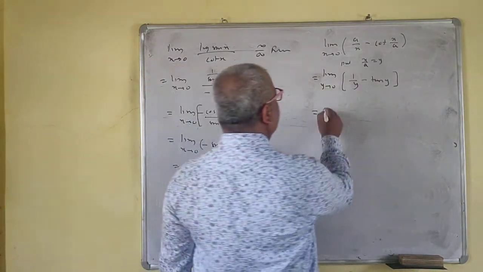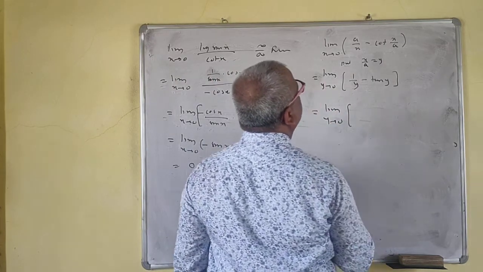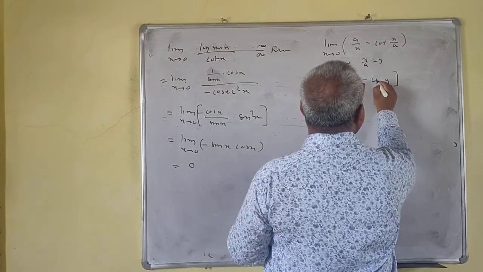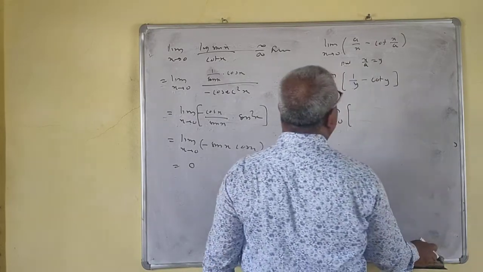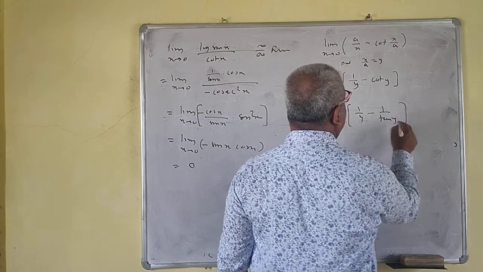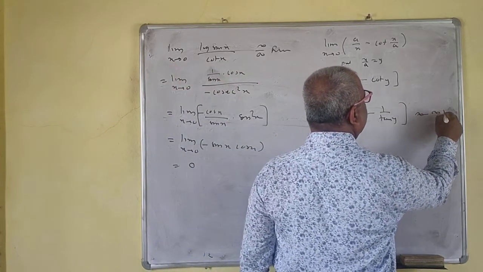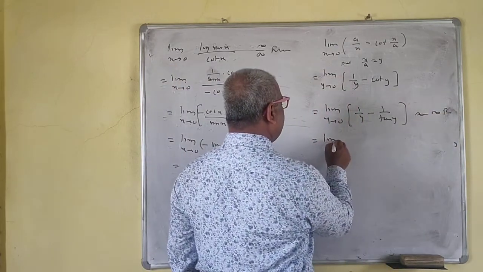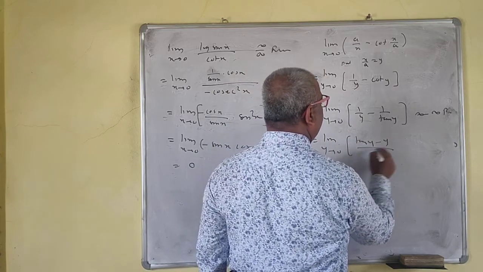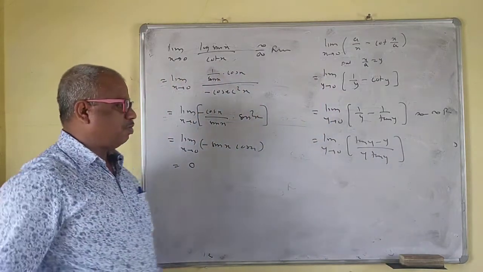Okay. So limit y tends to 0. So this is what then? Not this is not tan y. This is cot y. So this is 1 by y minus 1 by tan y. Okay, now this is infinity minus infinity form. So we'll do this, y tends to 0. So this is tan y minus y upon y tan y. Now this is 0 by 0 form.